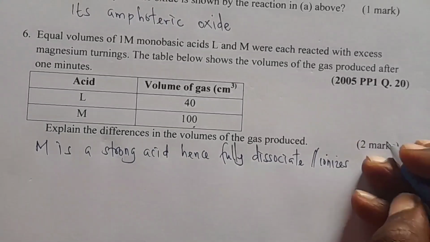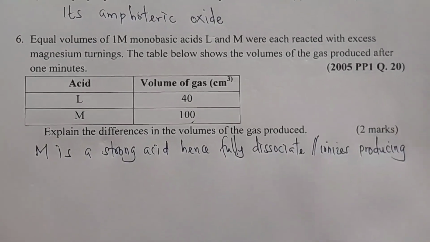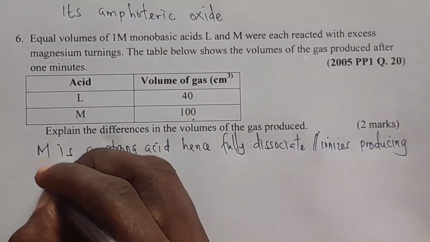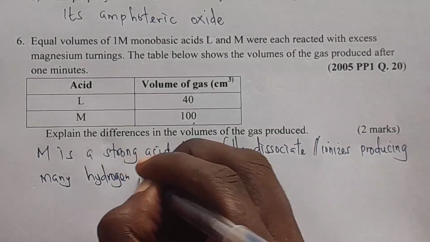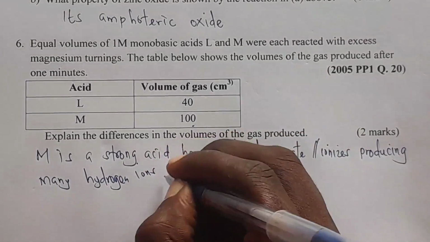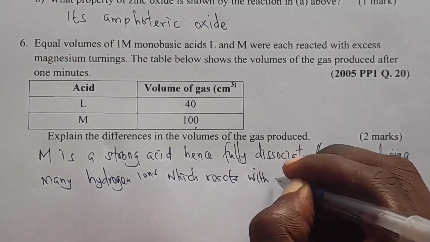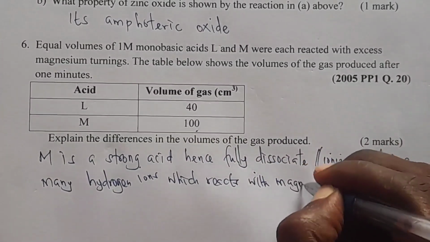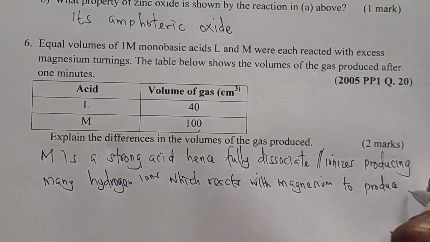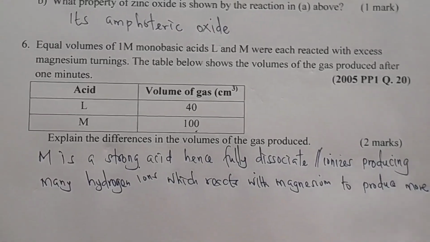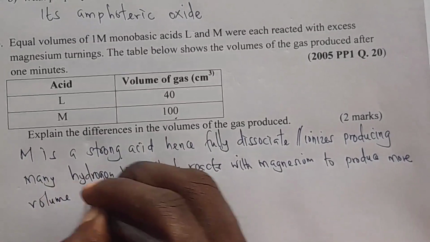Fully dissociates or ionizes, producing many hydrogen ions, which react with magnesium ribbon to produce more volume of hydrogen gas,